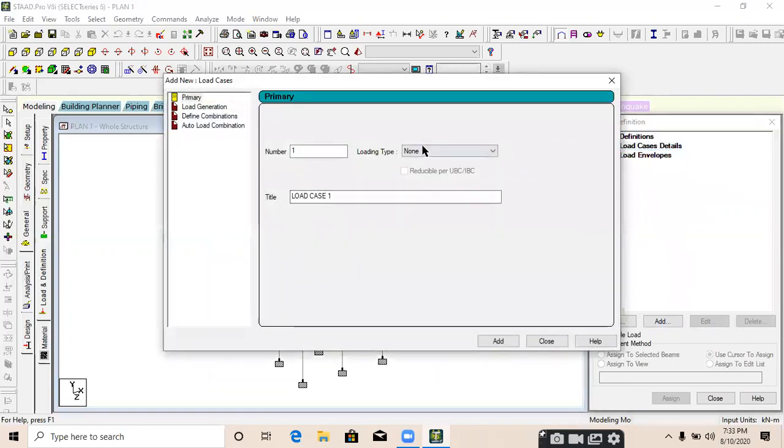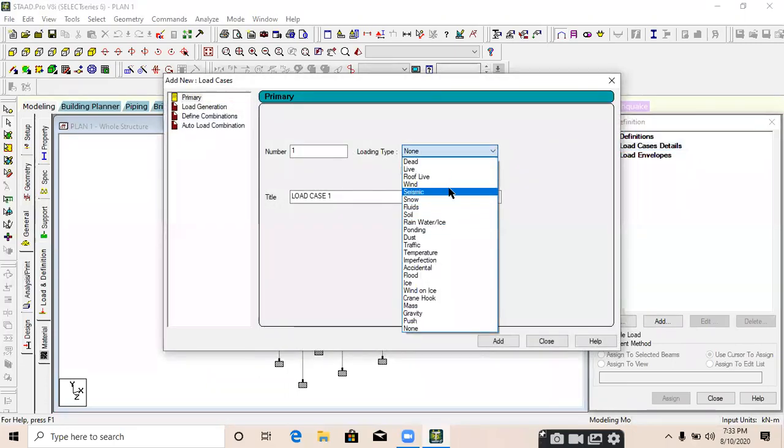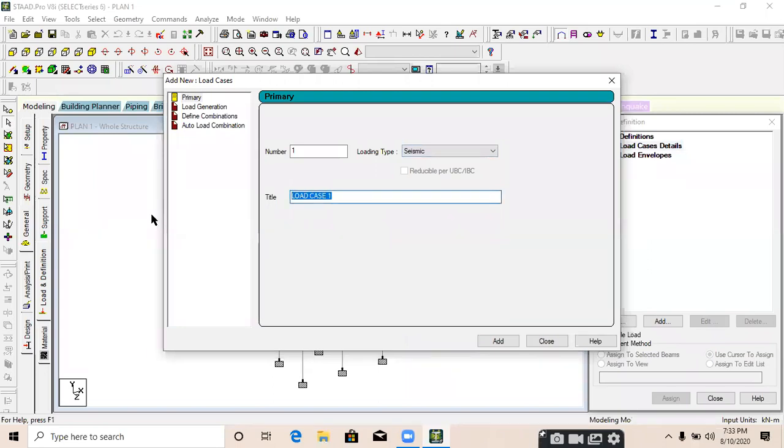Add, loading type will be seismic, and I am providing the earthquake force, or EQ, positive X direction, EQ negative X direction, EQ positive Z direction, EQ negative Z direction. 4 different cases.